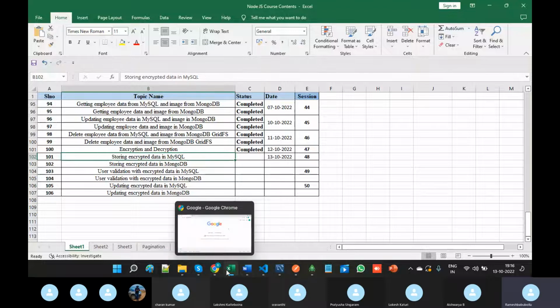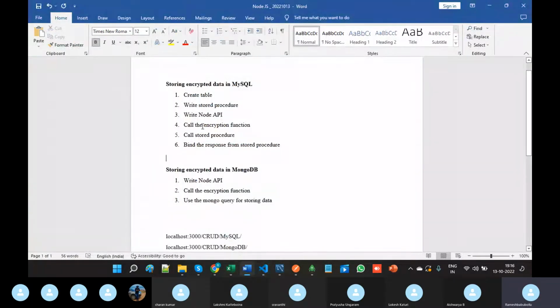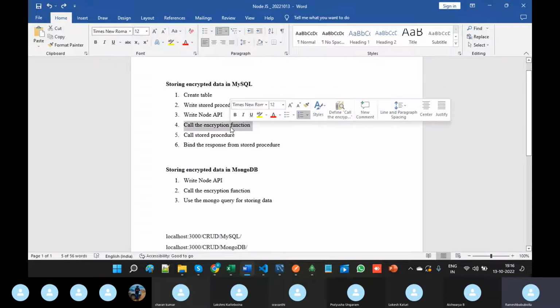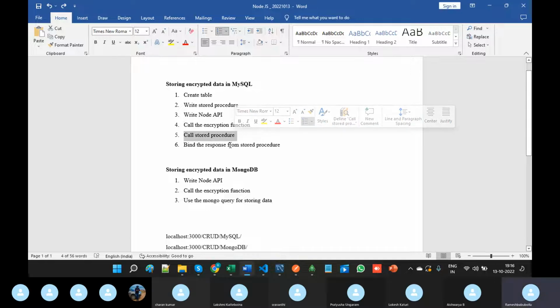We will discuss it now. Here I'm going to explain one example: storing encrypted data in MySQL and storing encrypted data in MongoDB. For storing encrypted data in MySQL, first we have to create the table and write the stored procedure to insert encrypted data, then write the Node API, call the encryption function, call the stored procedure and bind the response from the stored procedure. Creating the table means